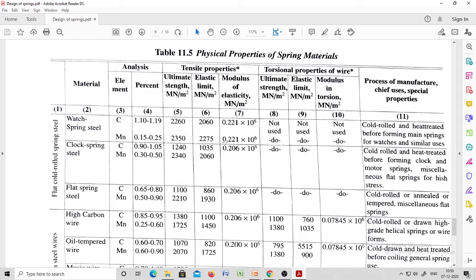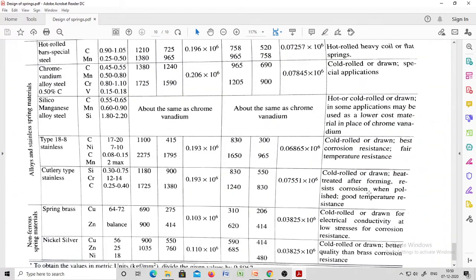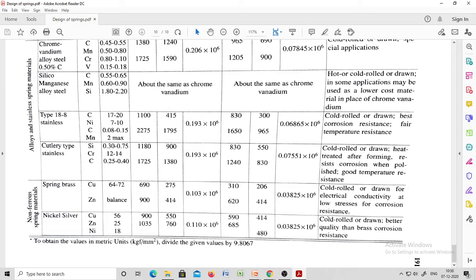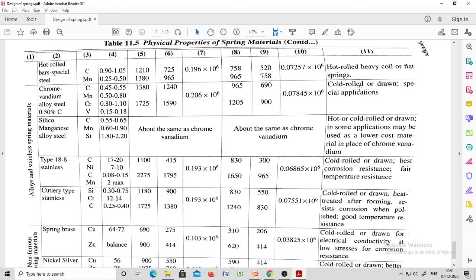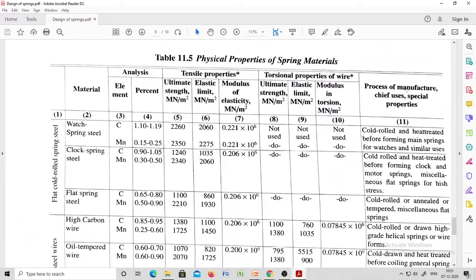Now just check it. Spring, application, hot rolled, electrical conductivity, cold rolled, cold drawn, special applications, hot rolled heavy coil for flat springs. Okay. Now in this case, we'll go for special applications. You can just check in column number 11, processes of manufacturing, uses and special properties.